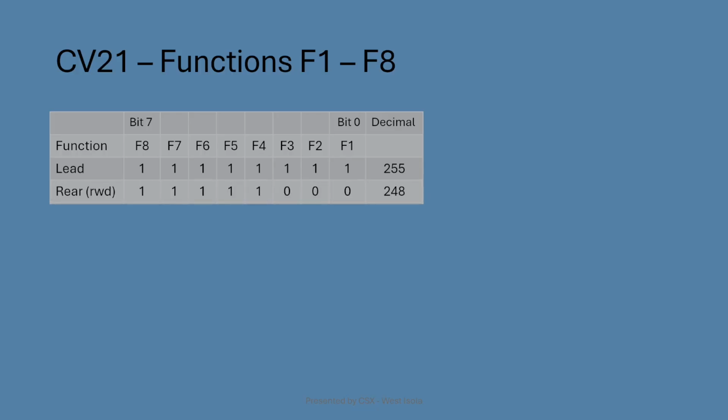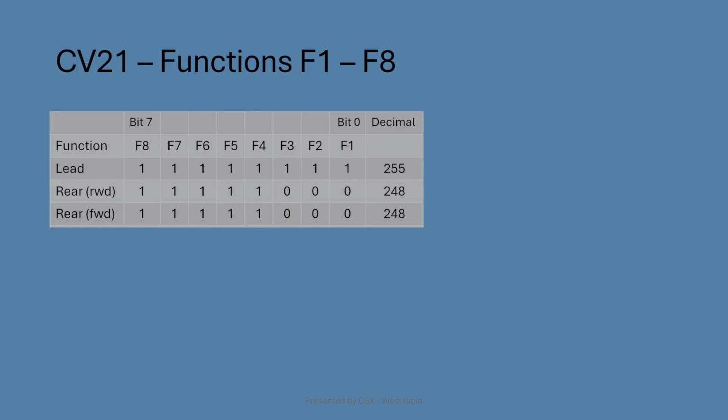A loco running rearwards, with on my system, this is what I'm going to read. Again, it's got bit 7 to that. I don't want it to react to the horns. So F1 is the bell on mine, F2 is the long horn, F3 is a short horn. I don't want you to react to them, so I put it into zeros, but I do want all the rest. That gives me a value of 248. So on a loco that was running rearwards, there at the end of a consist, I would put 248 in